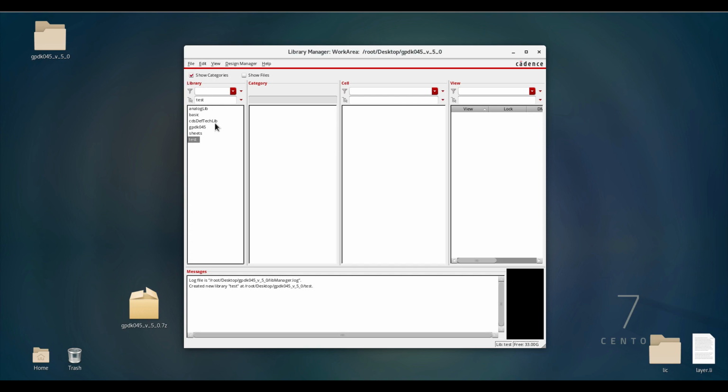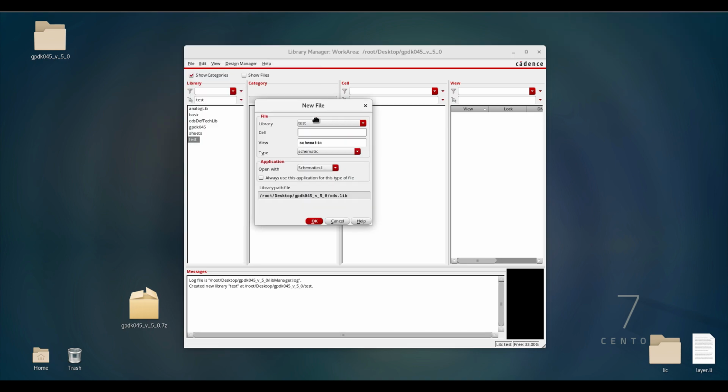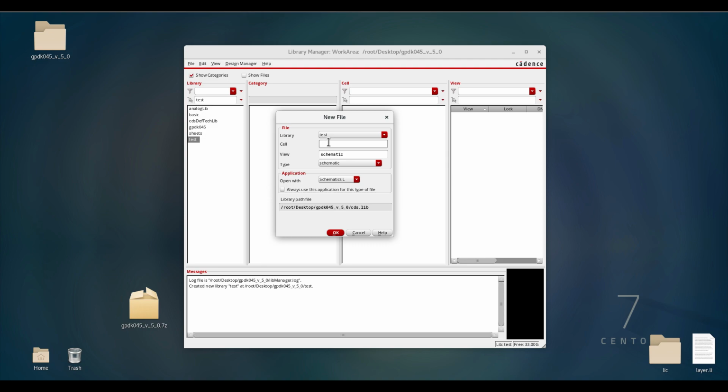Within this folder, if you want to create any schematics or layout, simply go to the file window, select New, and go to Cell View. Within this cell view, again you will get another pop-up. Whatever design you want, whether an inverter or a differential pair or whatever it may be, you need to create your own name here. I am going to design a normal inverter, so that's why I have given the name inverter.